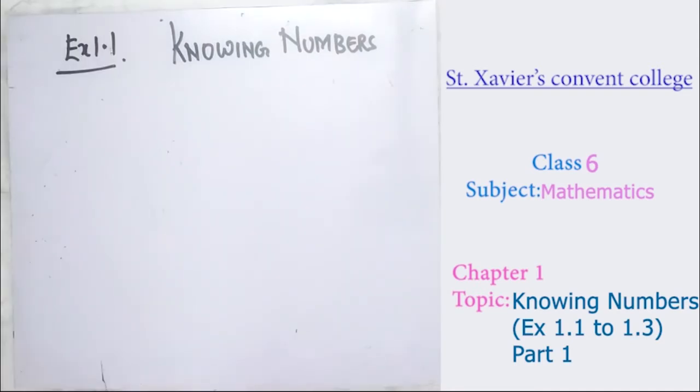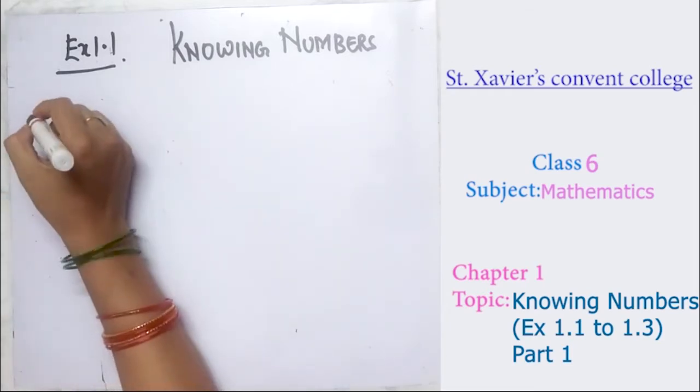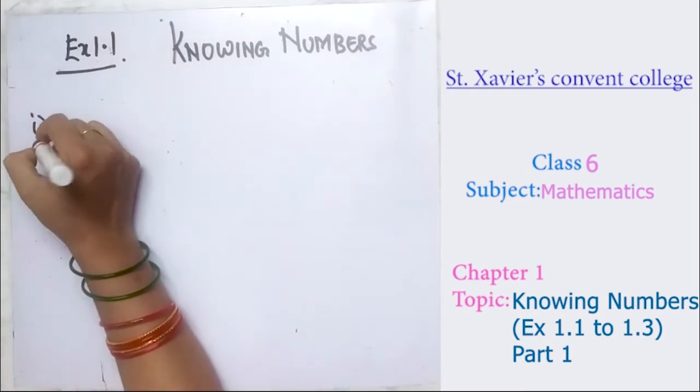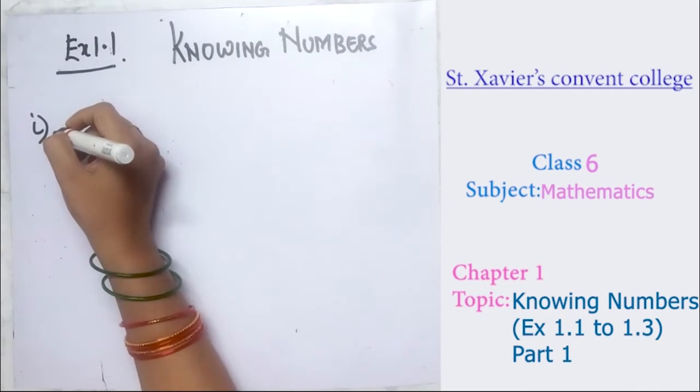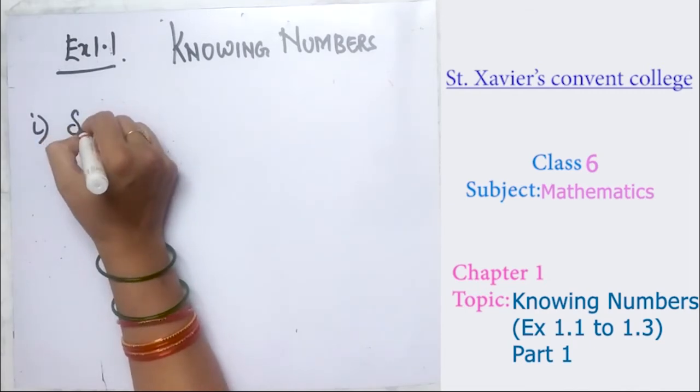Now we start with exercise 1.1 of Knowing Numbers. In the first exercise 1.1, write in figures, which you have already studied in class 5th, the way of writing the given statements in figures. So first we discuss one question, and the question is 7 lakh